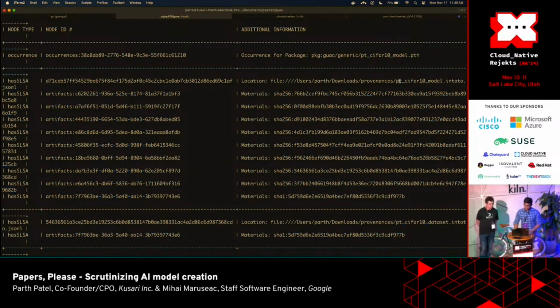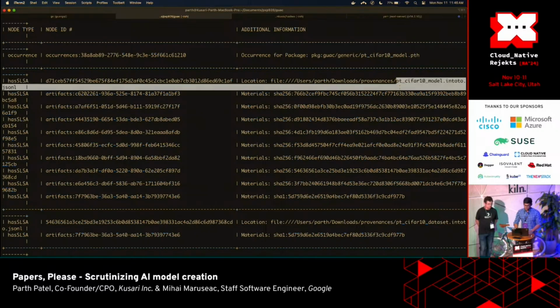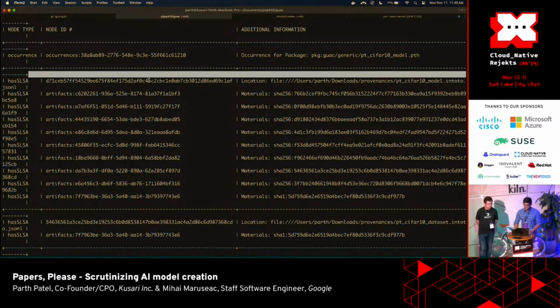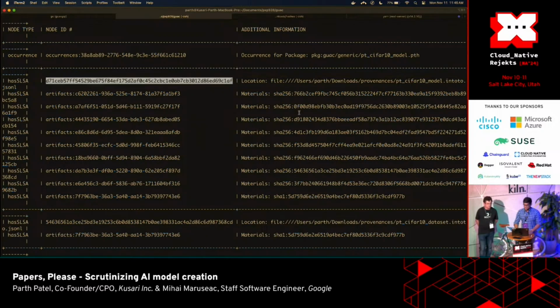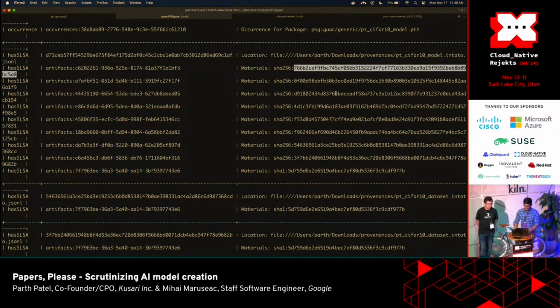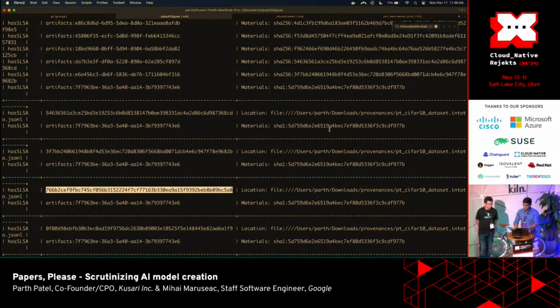This table is the actual SLSA attestation, that's where it came from, and it's describing this SHA-256 hash, and you can see all the materials that are part of it. This includes all the different data sets. It could be the framework or model, whatever else it is, right? Everything that's been trained on. And if we search this, each one of these will have its own SLSA attestation associated with it.